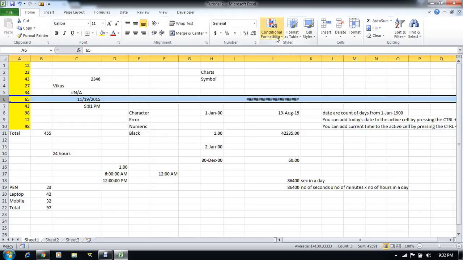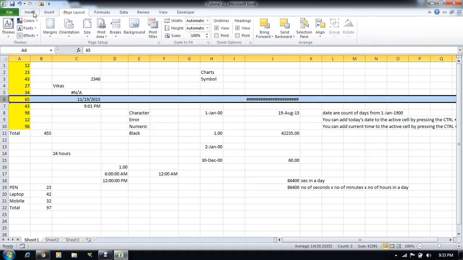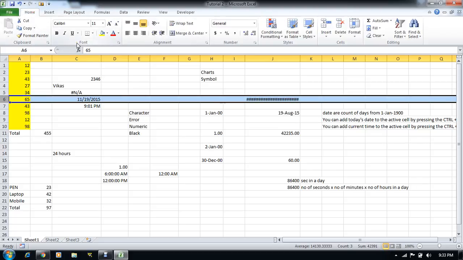Like you can see here we have the conditional formatting. Just for example, if you want to conditionally format data to make it more visible, so that the viewer of that data can have a clear look at the specially formatted data, we can use the conditional formatting here. You can see some options in the alignment, so we can do alignment here. So mainly in each ribbon you will see sections about the functions.